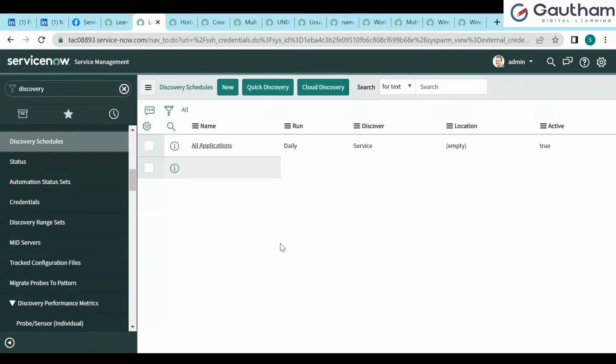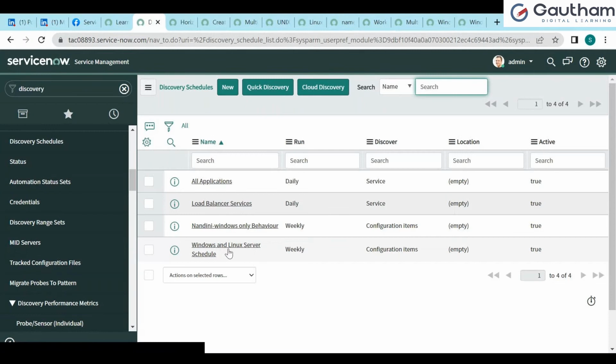How many types of probes are there in CMDB? We do have multiple types of probes. Okay, I can show you that. For example,